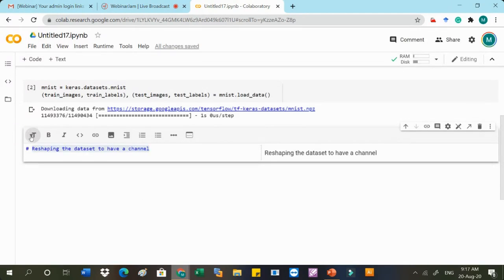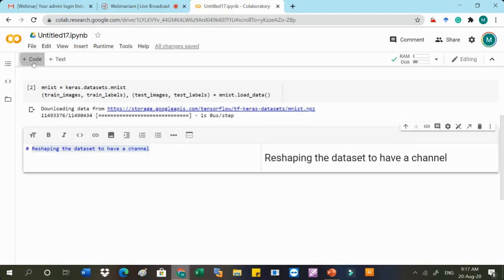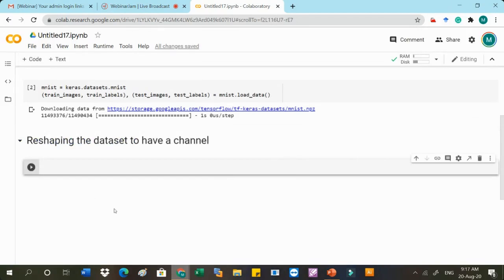Why is it important? Because when we apply the filter, the filter should have the same number of channels as its previous layer. So we have to define the channels for the input layer as well.